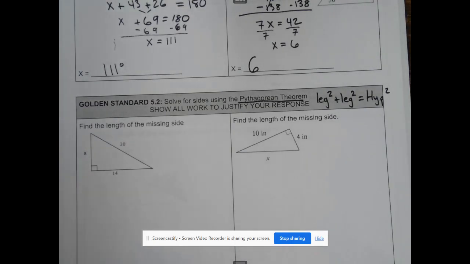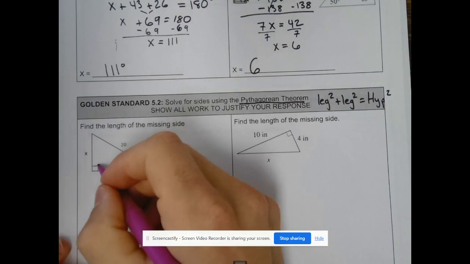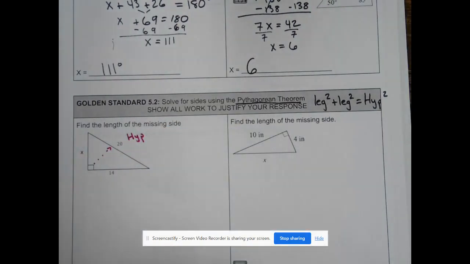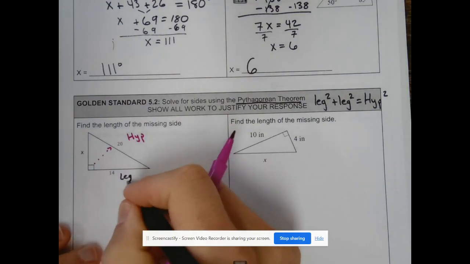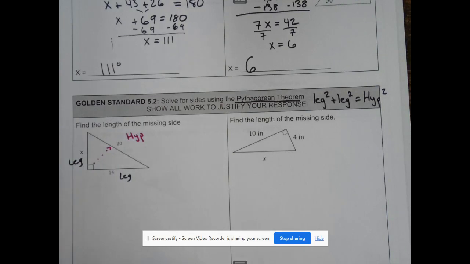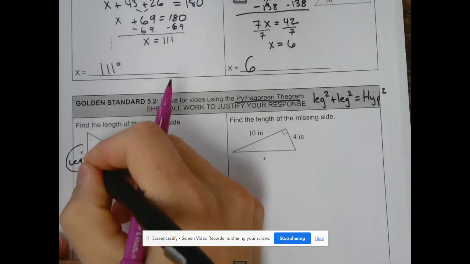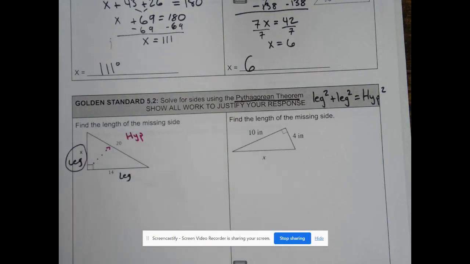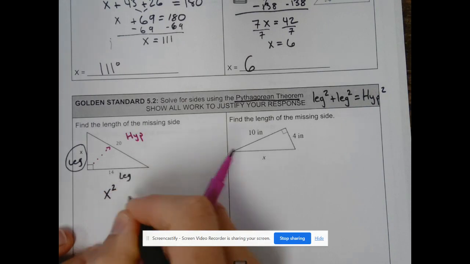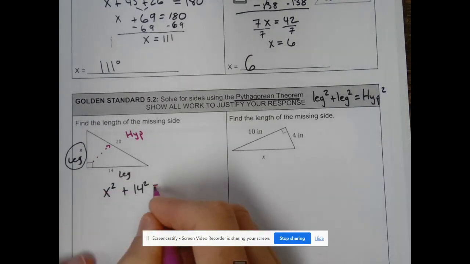First step, identify your hypotenuse. Remember, the hypotenuse is across the triangle. So that side is my hypotenuse, meaning the 2 sides that touch the right angle are the legs. Leg, leg, hypotenuse. So in this case, we are solving for that leg right there. So we know that x squared, leg squared, plus the other leg 14 squared, equals my hypotenuse squared, which